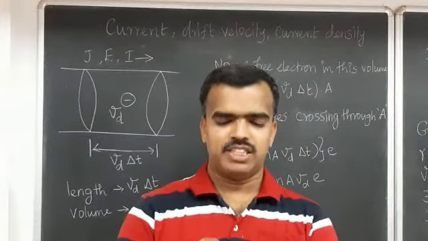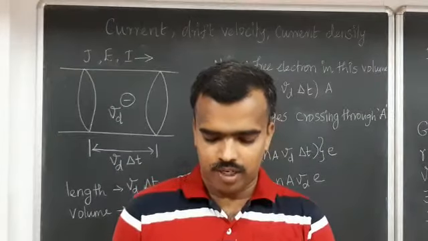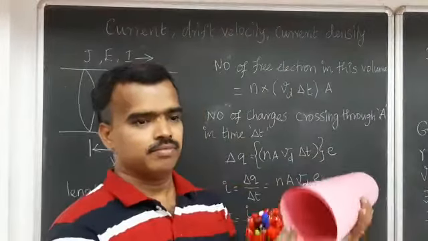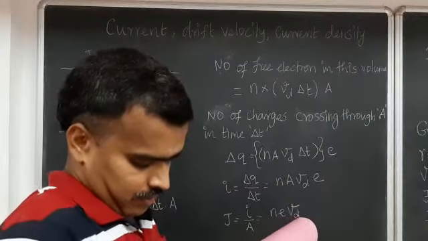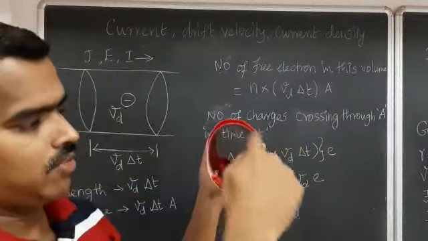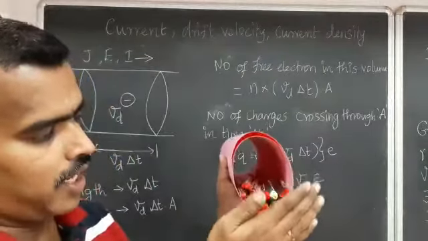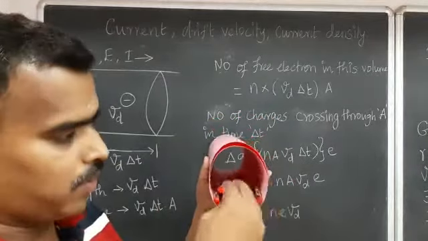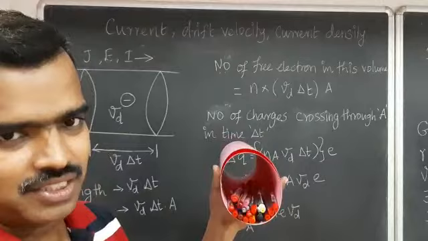Assume that each and every pen is one electron. So this is the number of electrons. What I am going to do is keep all those pens here. Still we have enough space to move inside. Similarly, these places are empty, so we can still add some more pens and make it more dense. Right now it is less dense.